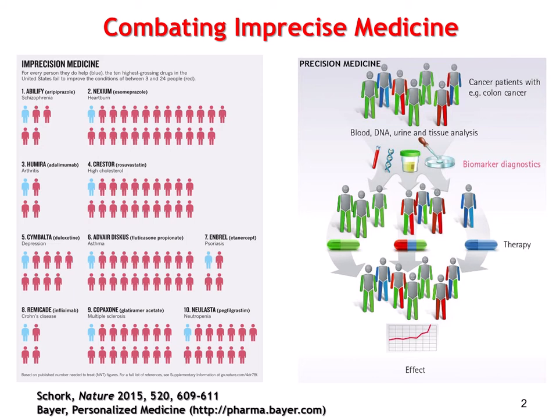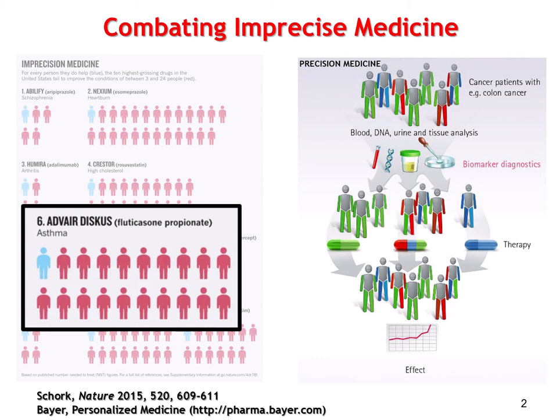This is primarily to combat the imprecise nature of our medicine. Nominally, these are the 10 highest grossing drugs in the US, and for every person that they help, here in blue, there are a lot more, anywhere from 1 to 3 to 1 to 24 people, that it is unable to help. So all these remaining people either show no effect or negative side effects because the drugs are prescribed primarily on the basis of the symptoms